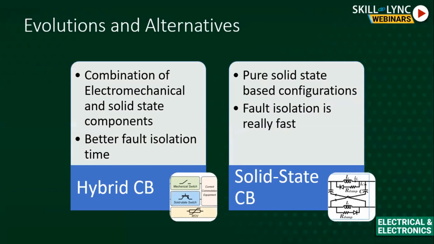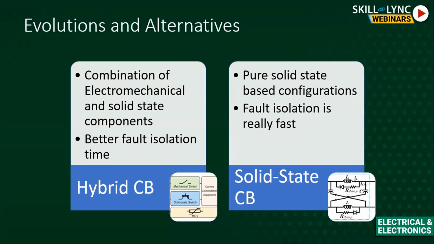So, I am just covering briefly on the electric breakers. Whatever I explained in my previous slides are electromechanical based circuit breakers. But when these breakers are being proposed for renewable or DC grid, electromechanical breaker has longer operating time. Means if a fault occurs, it takes around 15 to 20 milliseconds to clear the fault. But when there is a DC, and if we allow DC to have a fault for 15 to 20 milliseconds,